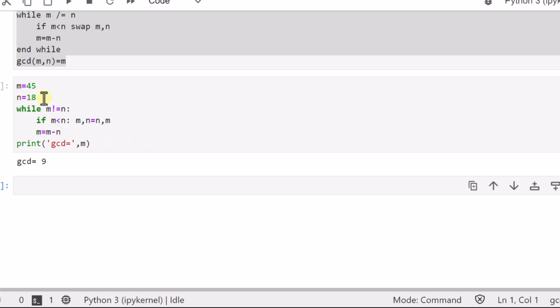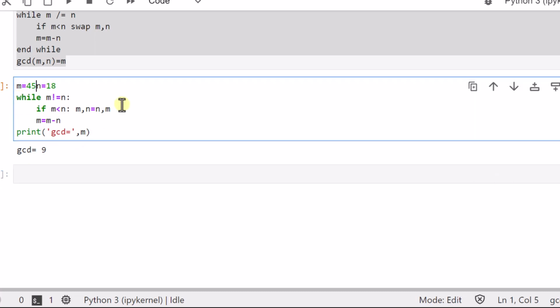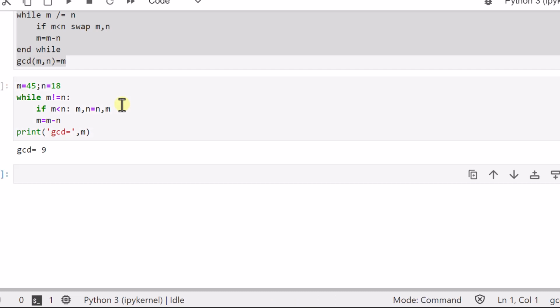So it makes code much more elegant. m and n are two variables that we have defined. You can define them in one line as well with a semicolon. Let's see if it works. It does work. So it makes your code much sleeker. Okay. So now you know that this code is something that we can